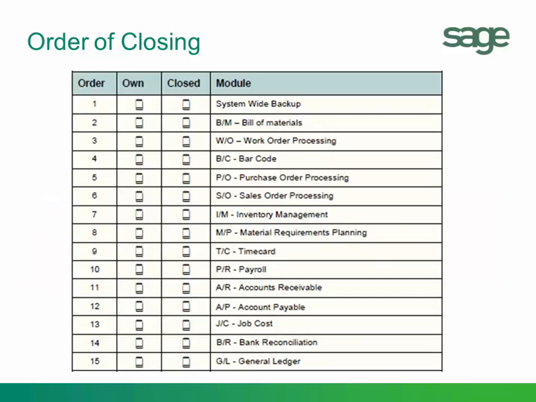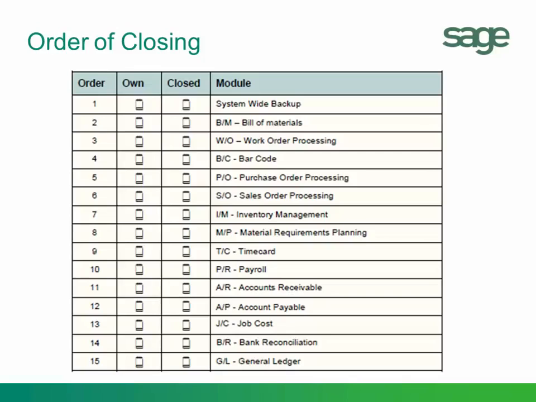There is an order of closing that you can find on the website. You're seeing it displayed here, and you would want to follow this in order so that everything is processed in the logical framework for those modules that write to each other. You'll notice that our very number one task is to do a backup. And again, make sure that you've tested that backup, because if something goes astray, then you have something to return to. Then you'll process these modules in the order listed here.